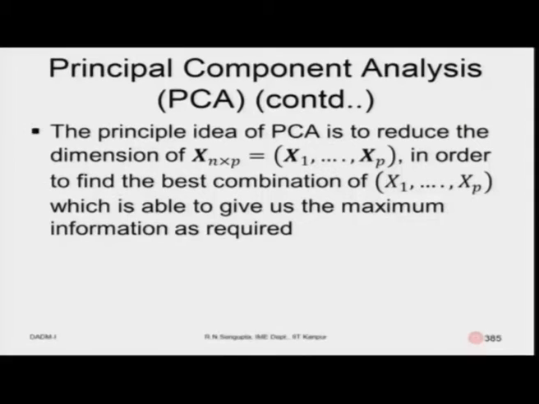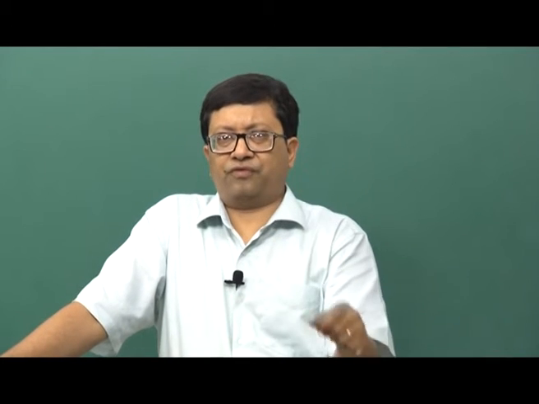So, the principal idea of principal component analysis is basically to reduce the dimension of the actual matrix which is given, which is X, the matrix n cross p, where n is the number of readings. The readings will not decrease, remember that. What we are trying to reduce is p, the number of variables which we have. So, this matrix is broken down into vectors, bold x1 till xp, where bold x1 is basically the first vector or column, depending on the nomenclature.